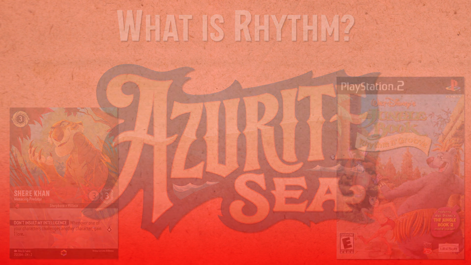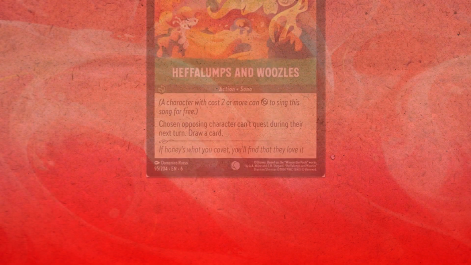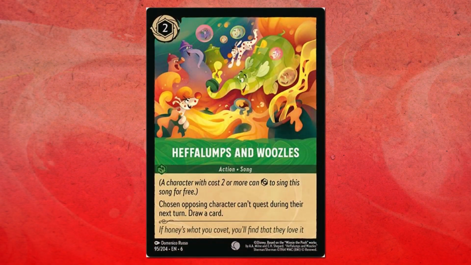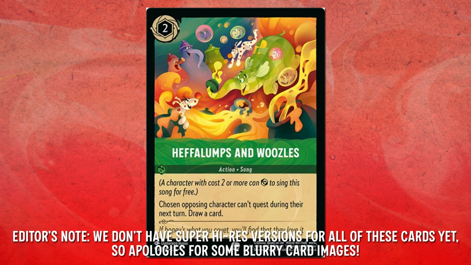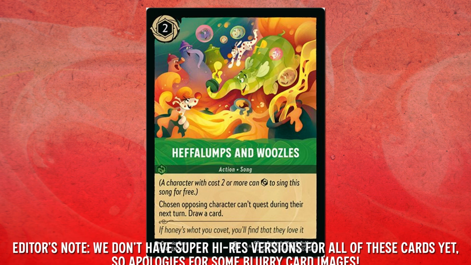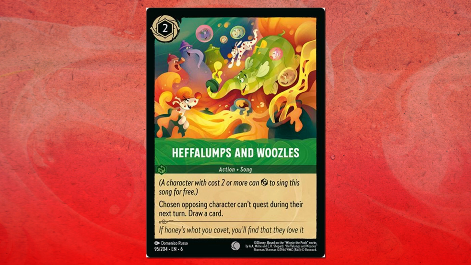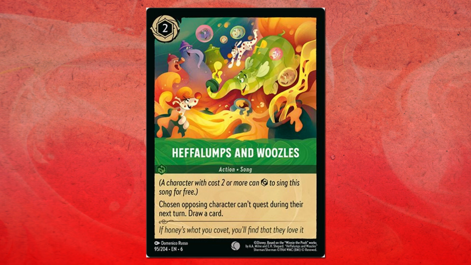Let's cut the lore chit chat and just jump into this with our first card example, Heffalumps and Woozles, an Emerald Song card that's sort of reminiscent of my Disney example earlier. I find it's fitting to go over a song card's art first, since I have that word association of rhythm with music. So Heffalumps and Woozles is the perfect starting point. Now, you got this excellent use of color and so much dynamic motion within the scene, but I think there's three notable points that set the rhythm of the piece.